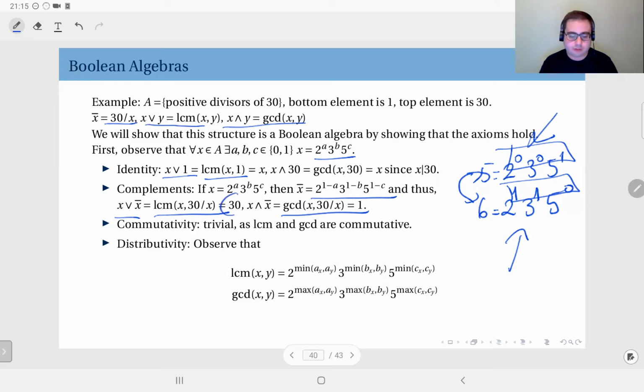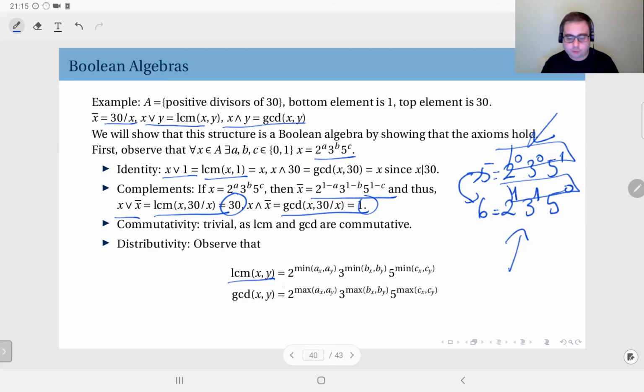Recall, 30 here is the top element, 1 is the bottom element. And commutativity is trivial because for GCD or least common multiple, the order doesn't matter, and they are commutative. And a little bit tricky one is distributivity. Now, to do this, we are going to first of all write the least common multiple of two numbers, x